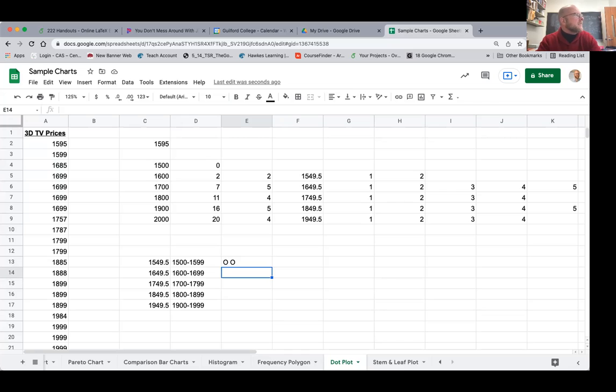From 1600 to 1699, I count 1, 2, 3, 4, 5 of them. Try that again, 5 of them. So I would put a tick mark, O, O, O, O, O. That's a quote from Shakespeare, isn't it? O, O. There's a famous scene where somebody says O several times, and I don't get it, but it's supposed to be a really tough scene to act. So, all right,